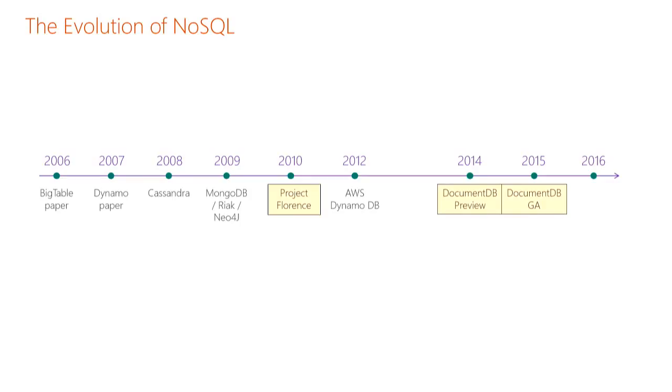And they sacrificed a lot of things. They got rid of things like transactions. They got rid of things like consistency, all in the name of just being able to scale and handle a high volume of data. It turns out it really sucks developing an application on a database that throws away things like transactions and consistency. And so what we saw was an evolution of NoSQL.